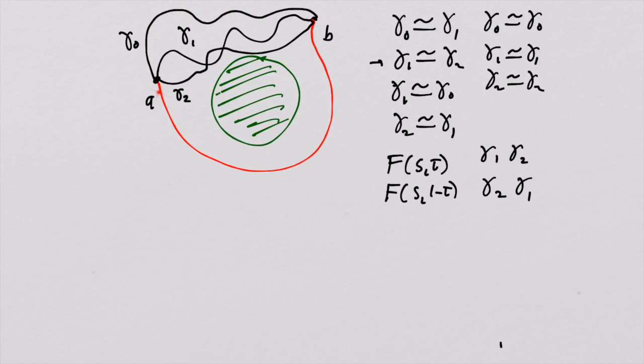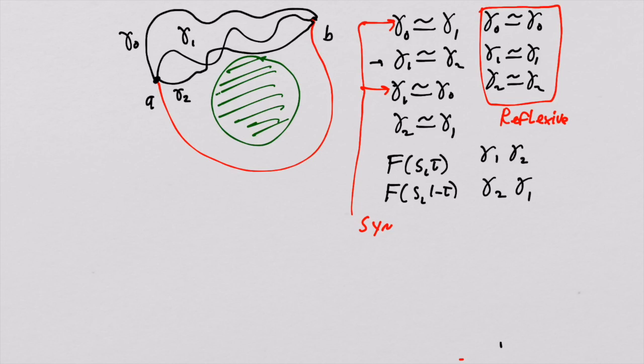Likewise, I can run a curve from B to A instead of from A to B. We'll talk about that in a moment. So the fact that these are true means that homotopy is reflexive, because everything is homotopic to itself. These two, that gamma 0 is homotopic to gamma 1 and gamma 1 is homotopic to gamma 0, mean that homotopy is symmetric, right? And then the last one we want to remind ourselves of is that if gamma 0 is homotopic to gamma 1,